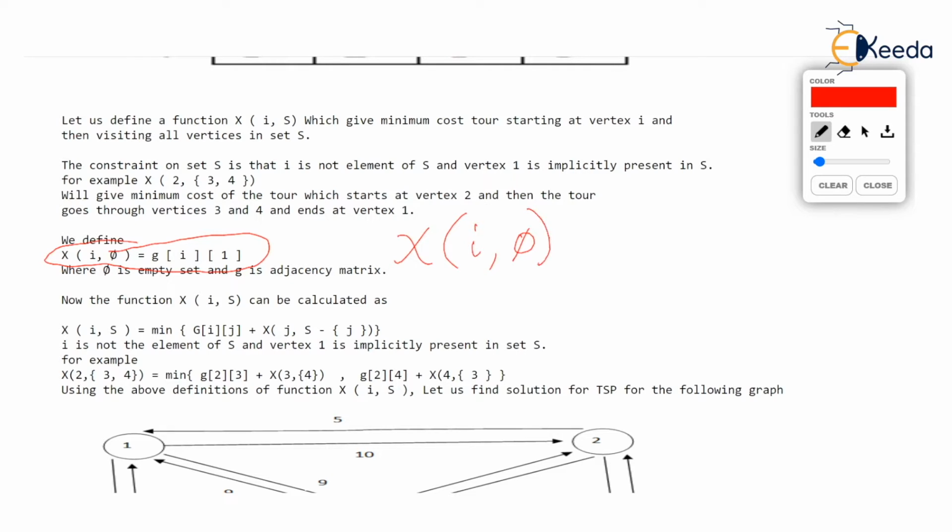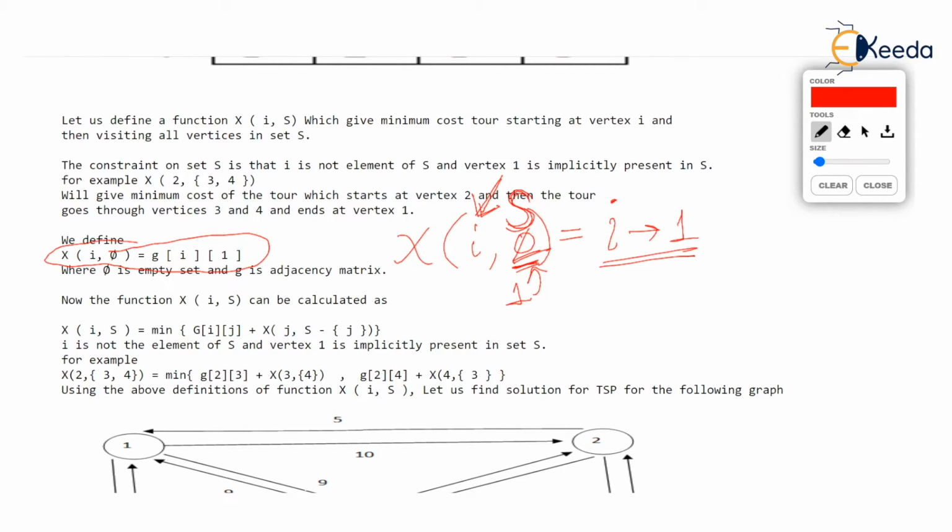Our travel must begin with I. Then it should travel all the vertices of set S. Listen very carefully. We will start our travel from vertex I, then we will travel all the vertices of set S. But hello, set S does not have any vertices. It is a null set. No, no, no, really. It contains vertex 1. It is implicitly present, isn't it? So what is the travel which begins from vertex I and goes nowhere? Null set it is, but it definitely ends at 1. Are you understanding? So this is going to be the travel.